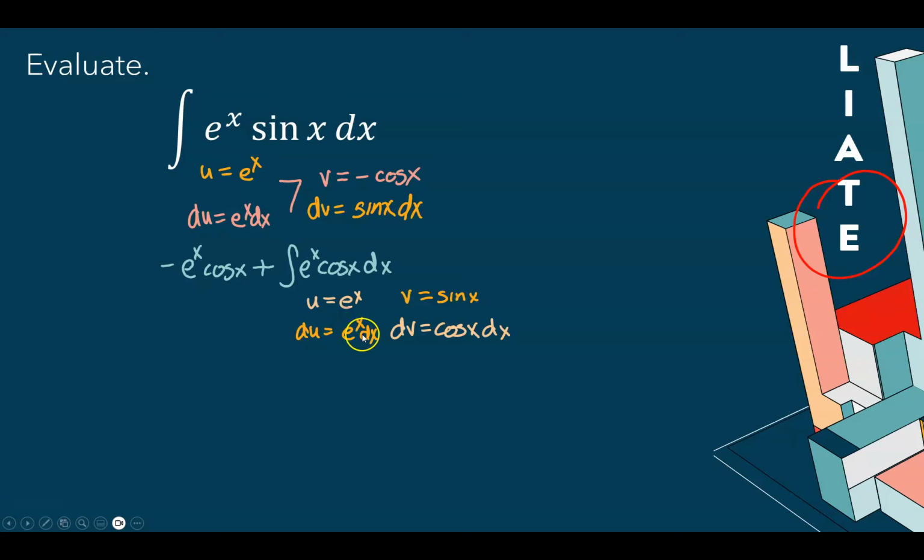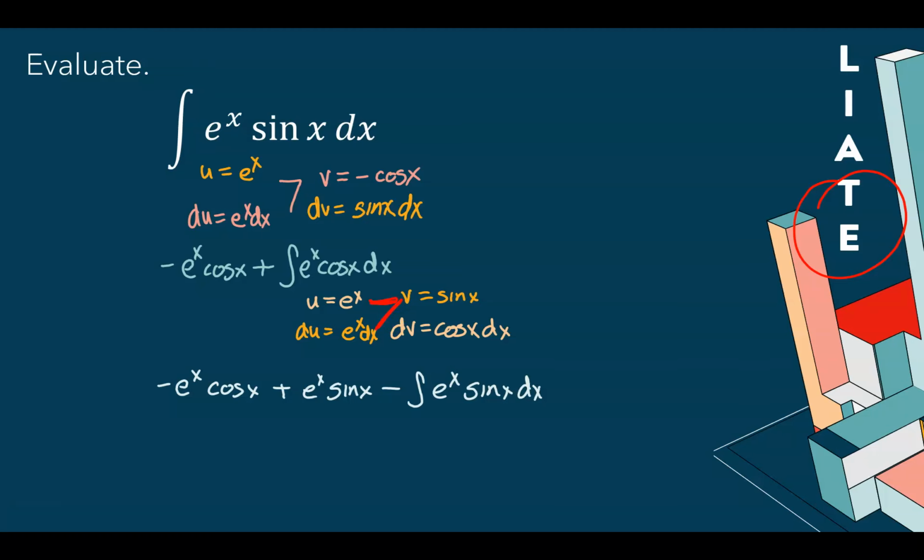That's animations backwards, let's just pretend that's right. U is e to the x, which makes dv cosine of x dx. And du is e to the x dx, and v is sine of x. So then we get a similar situation that we had before. At the beginning you're like, okay, cool, negative e to the x cosine of x, plus e to the x sine of x, right? We're doing that right here, those two being multiplied, minus the integral of sine of x e to the x,